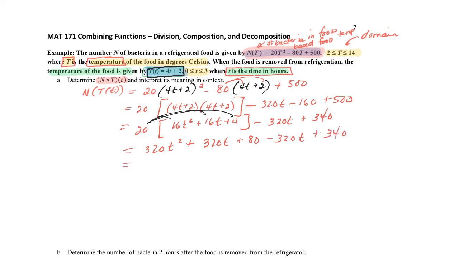Combine all of your like terms, so 320t squared. 320t and negative 320t are going to cancel. 80 plus 340 is 420. So after all of that, this simplifies to 320t squared plus 420. Now, here's the hard part. What on earth does this represent? Well, N composed with T of t. N, remember from up above, is the number of bacteria. So this is going to be number of bacteria